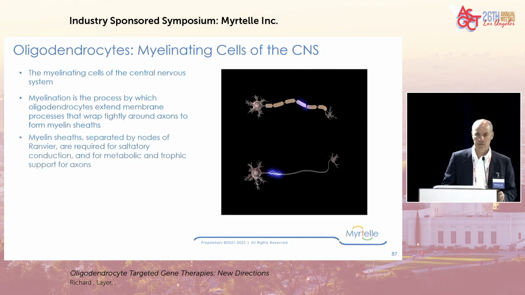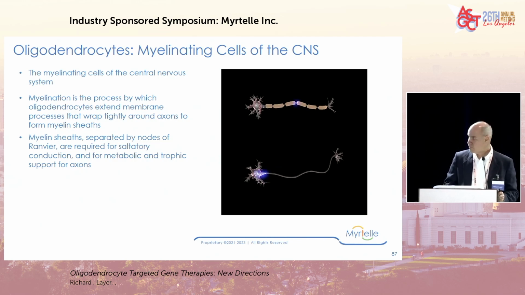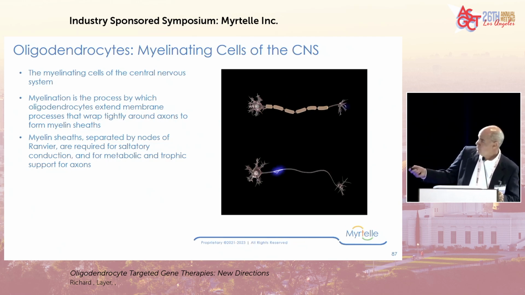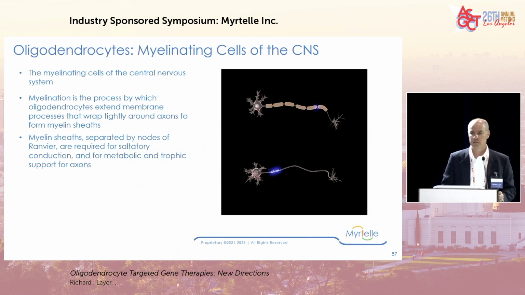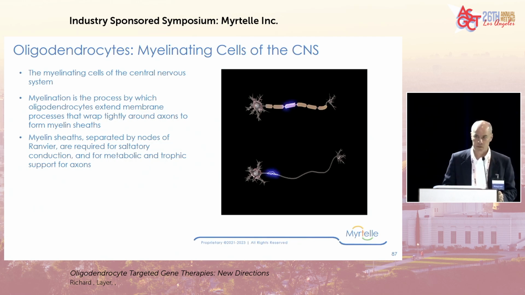Myelin sheaths provide metabolic and trophic support to axons, but also, because they're separated by nodes of Ranvier, enable saltatory conduction, by which the action potential jumps from node to node, which greatly increases the velocity of action potentials, increases the distance that action potentials can travel, and reduces the energetic cost